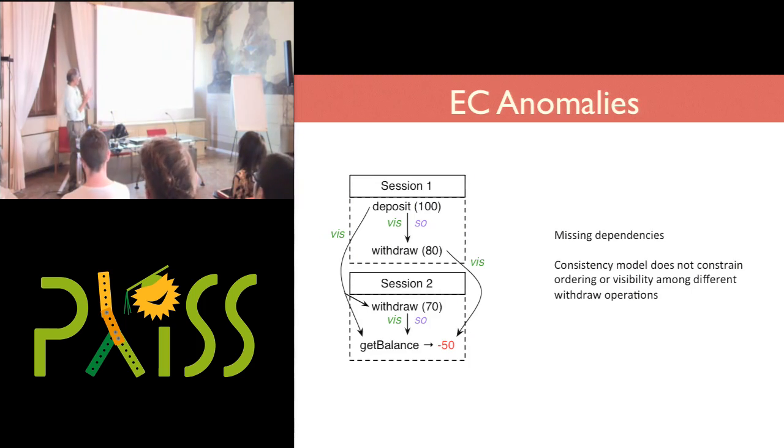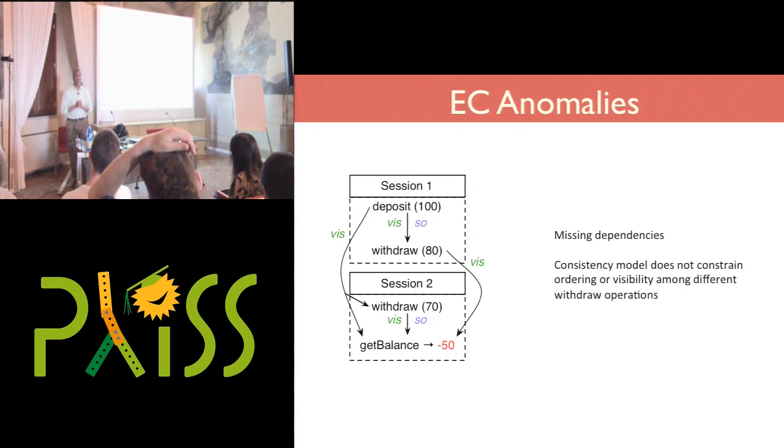And the get balance operation happens on a replica in which all of the actions have shown up. So when this get balance happens, it just so happens that this withdraw of 80 that the withdraw of 70 never saw now shows up. Okay. So if I want to make sure that I don't overdraft my account, this particular model is now going to prevent that.